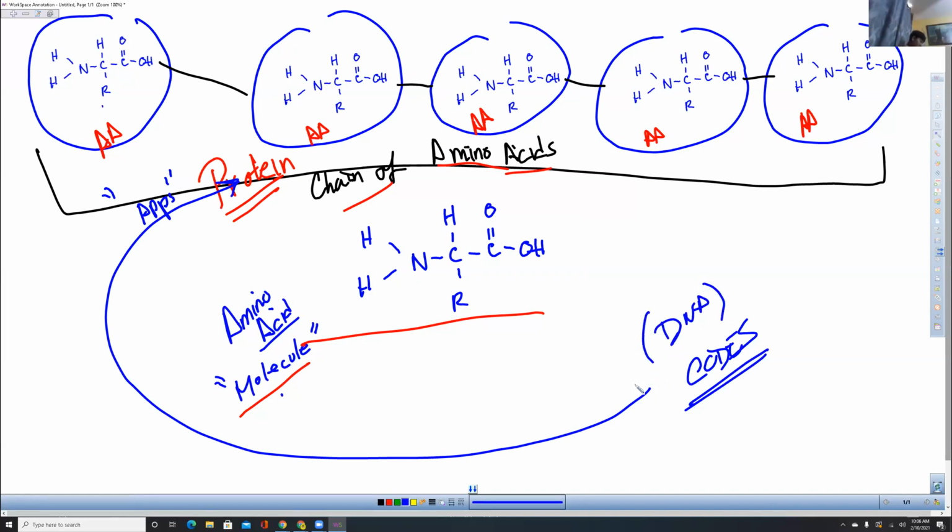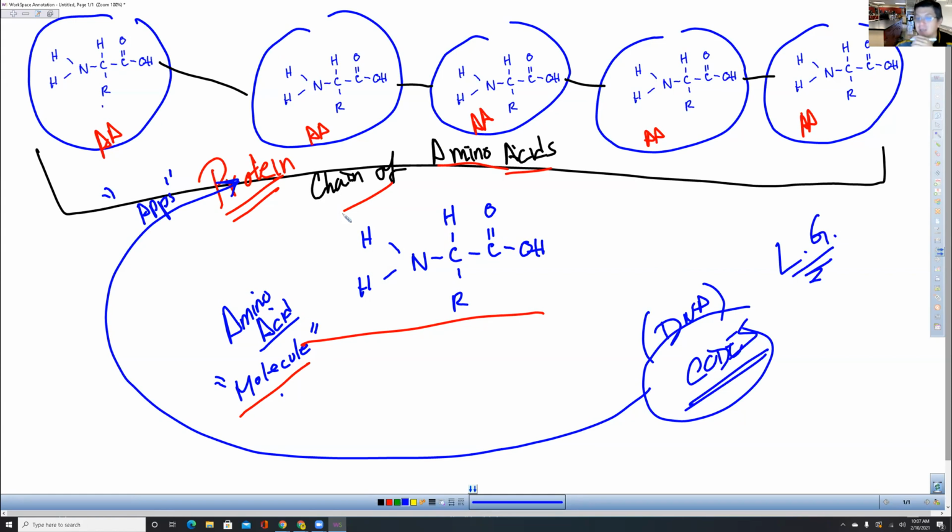Exactly, right? And so today what we're going to talk about is how these codes in DNA are used to make a protein, because there's a big process involved, right? So ultimately, how are these codes used to make a chain of amino acids? That's what today is about. So it's very important that you guys understand that learning goal right there. The learning goal is how do we get from DNA codes to a protein, to a chain of amino acids?